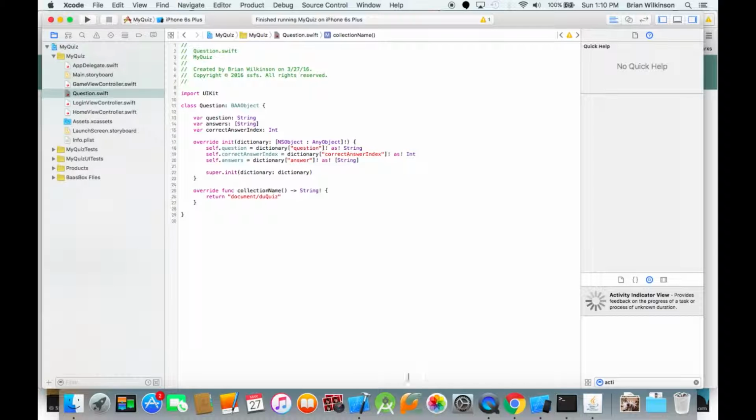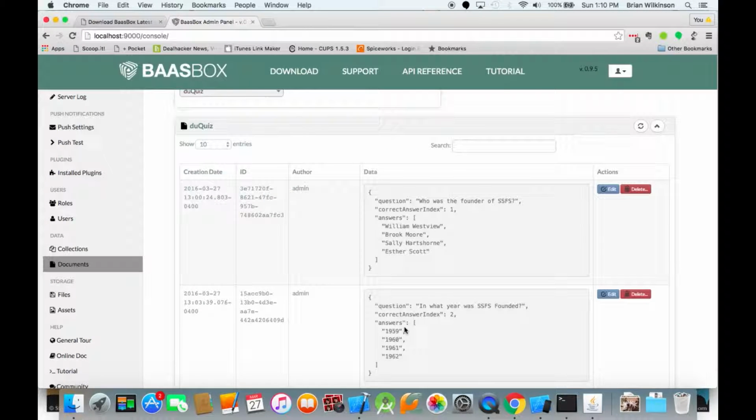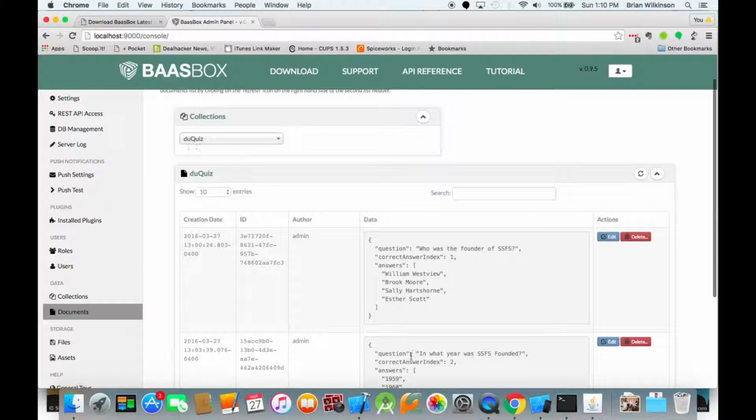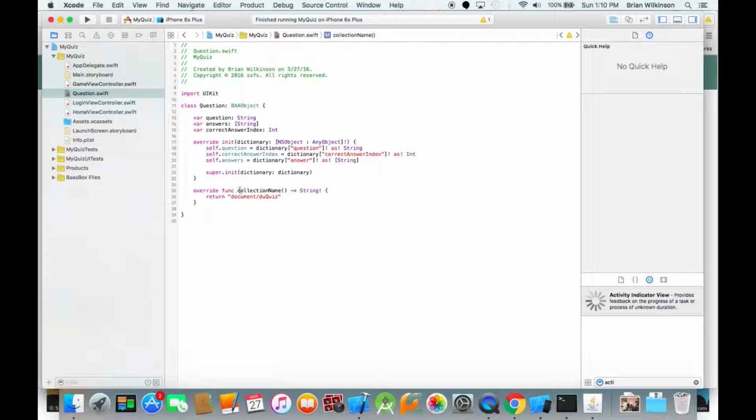Let me just double check that to make sure that I've got that right. Du quiz, good. So you need this method to tell BaasBox where it should look for this question information, this